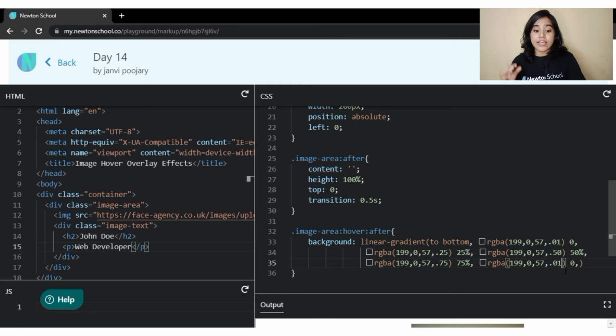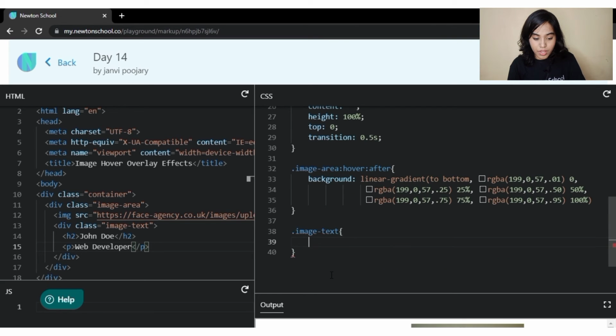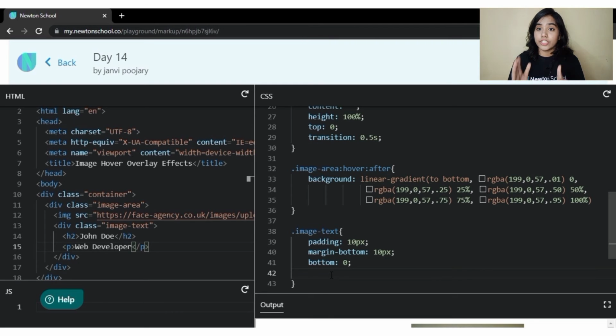Now we will see how the text should be initially. Why did I say bottom should be 0? Because in the initial state without hovering, it should not be visible.